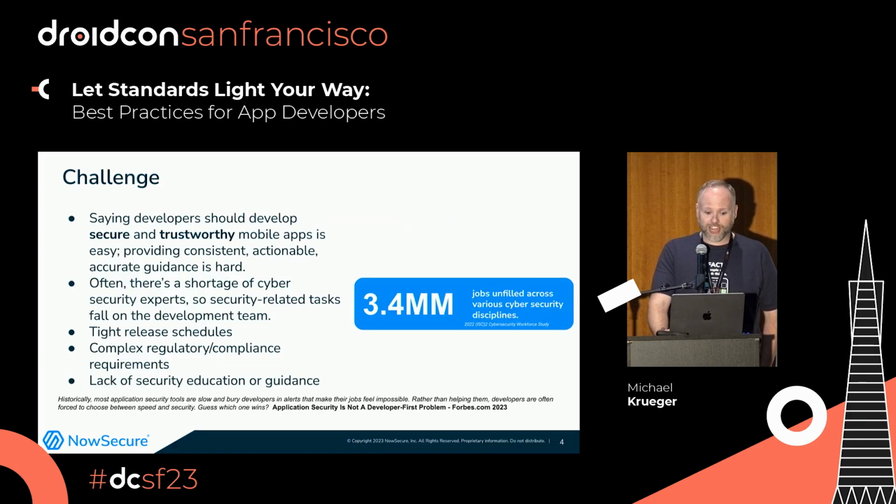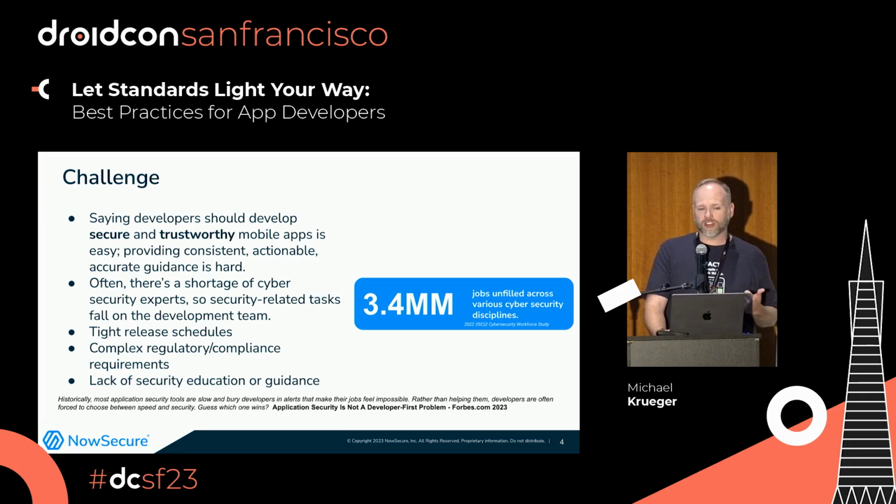So, the challenge here, speaking to developers, I'm a security guy. I could stand up here and say, developers, we need to develop secure, trustworthy mobile apps. That's easy, but providing consistent, actionable, accurate guidance to development teams in order to actually design secure mobile apps, that's the hard part.